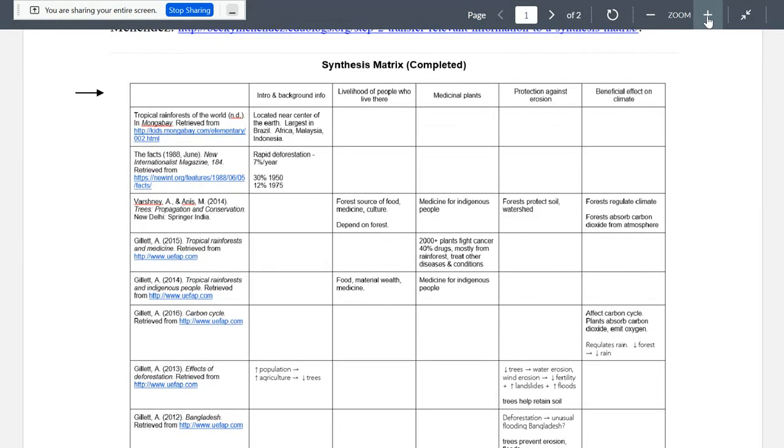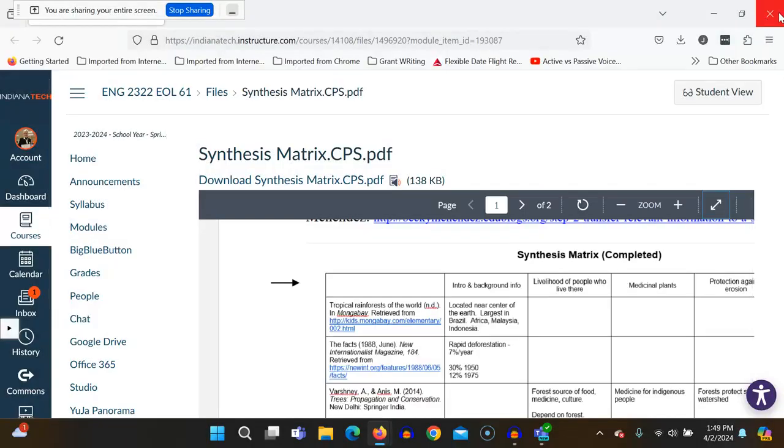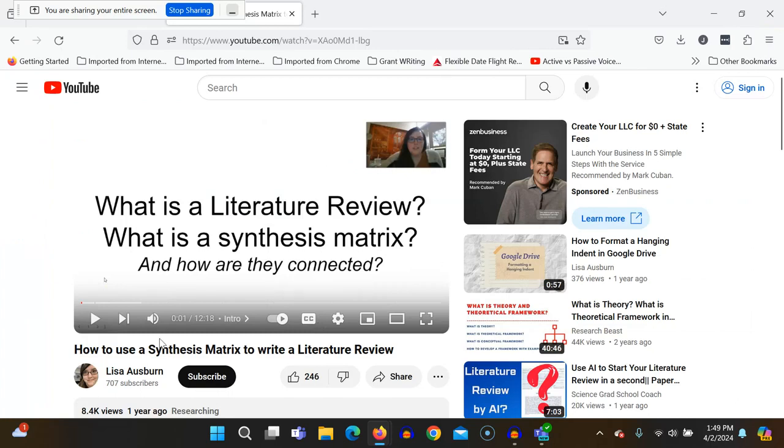This is a completed one. Of course, yours is going to look different. It's going to have different topics across the top because your topics will be different. So you might have introduction and background information, but then most of these others are going to be more applicable to whatever your topic is, whatever you're researching. On this side over here, you're going to have all the sources. Those are the secondary sources you've collected. You might also include as one of your sources the interview source over here. And again, it's just a way of collecting the information so that you can see it. And to make that a little easier, I have a quick little video that helps show you how this is working.